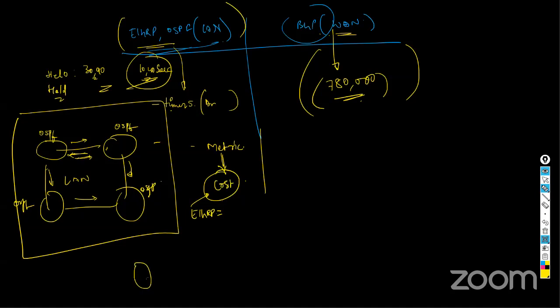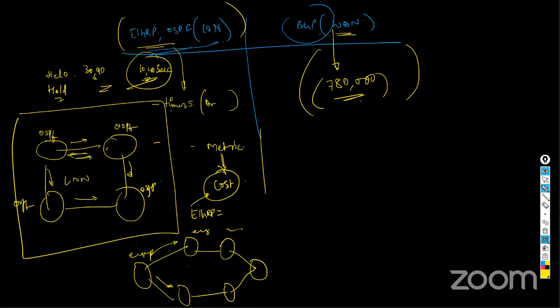Let's say this is one router, connected in this fashion, and all of them are running EIGRP. If I have to send something, I see two different paths, and I'm going to see the cost. Every interface gets some cost, say 10, 10, 10, and this cost depends on 5 components: bandwidth, reliability, MTU size, delay,